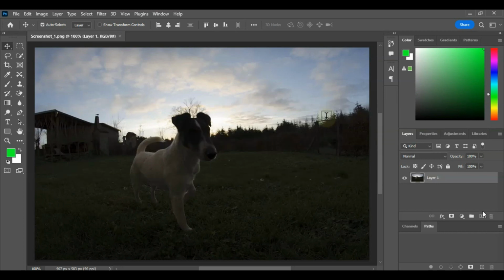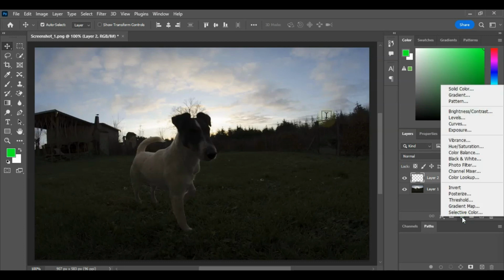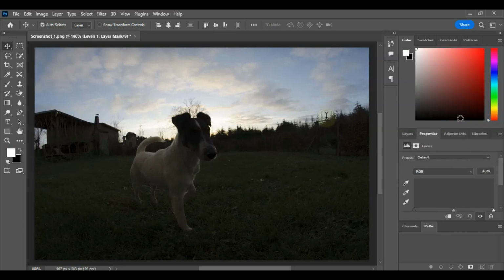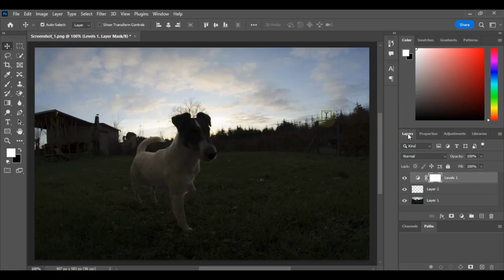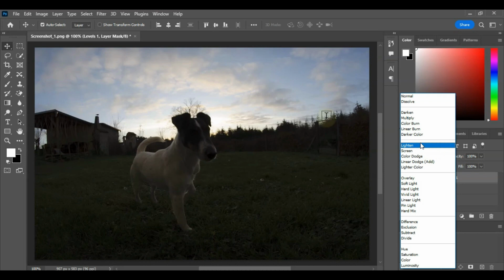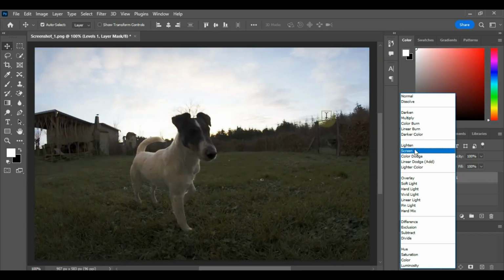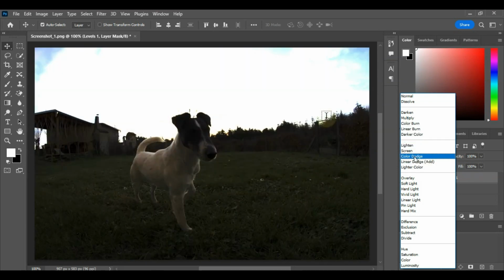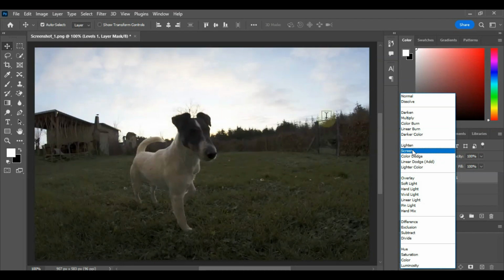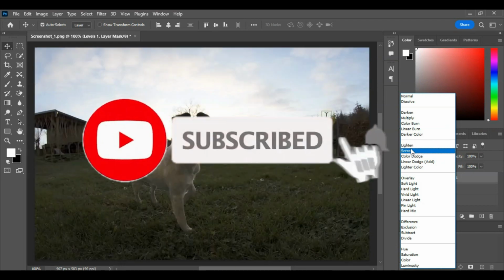First of all, take a layer and click on there and select Levels. Here is Levels, and in the layer select Lighten or Screen. I think Screen is best,